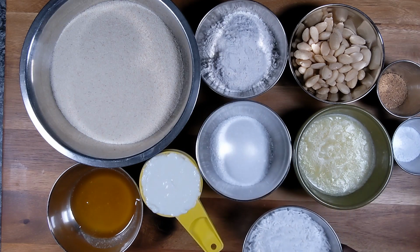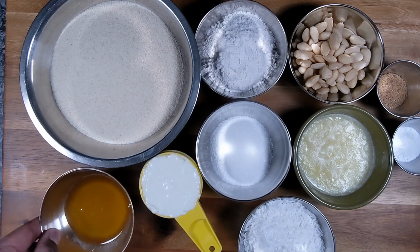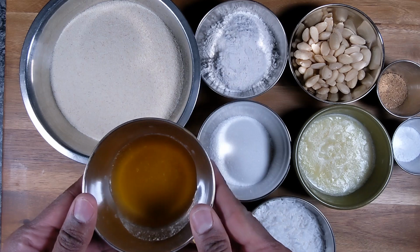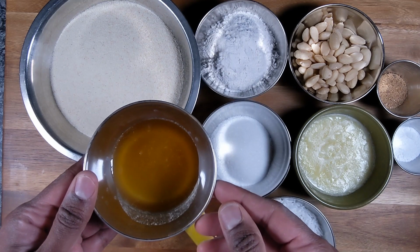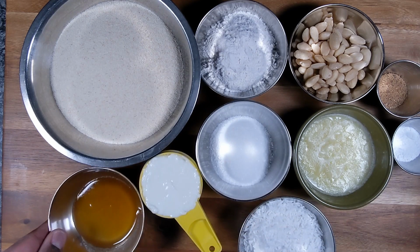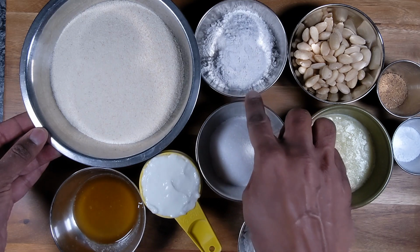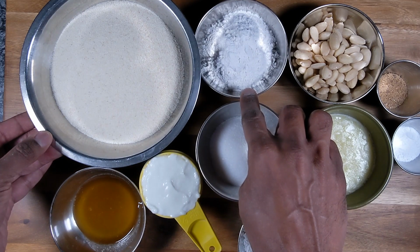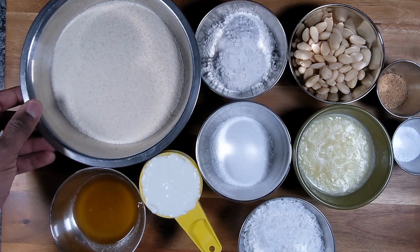And I have 1/2 cup of desiccated coconut, 1/2 cup of yogurt, and one tablespoon of honey, and 2 cups of semolina, and 1/2 cup of sugar, and 1/2 cup of all-purpose flour. I repeat, 2 cups of wheat semolina,